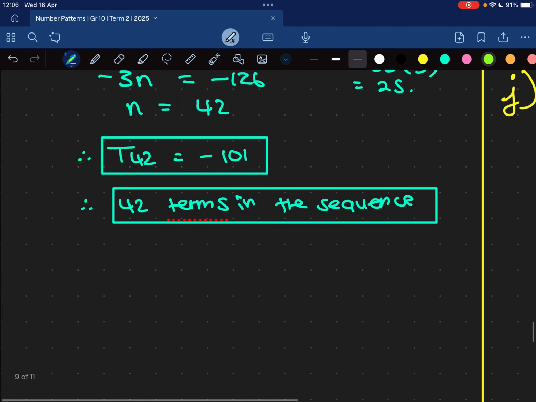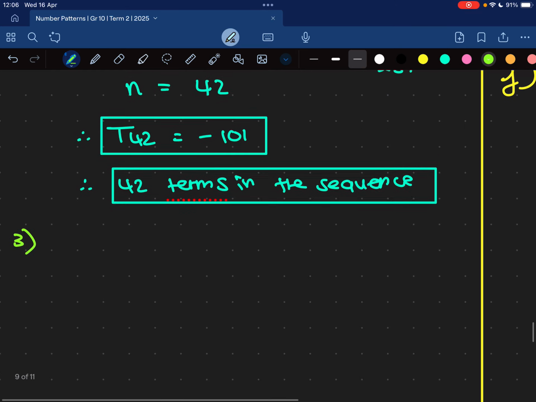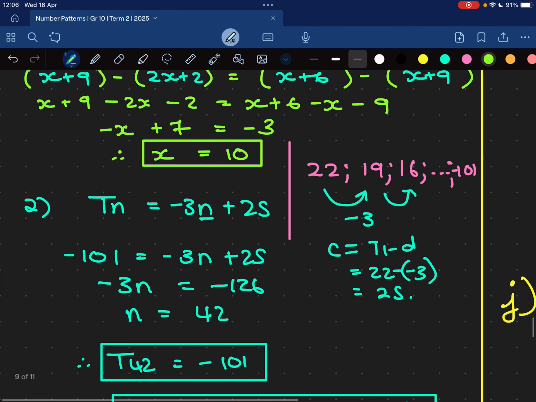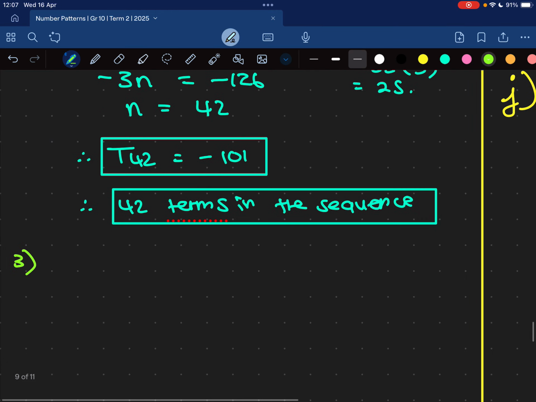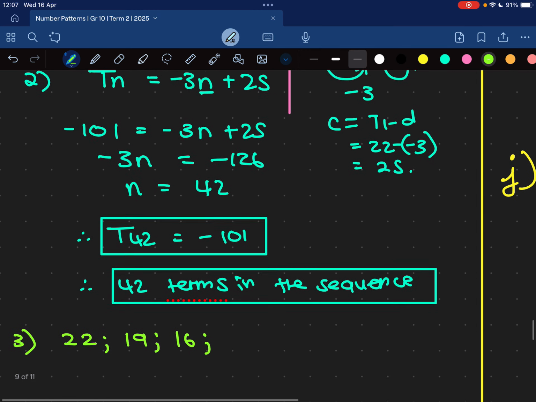Okay, then number 3. Number 3 says, what is the value of the 12th even valued term in the sequence? So let's have a look and see. This one is again going to be a bit tricky, but let's take our sequence as it is, 22, 19, 16, and let's just write a few of the terms out. Because remember, they're asking you about the terms. So we have 22, 19, 16, and then keep going so that you at least have